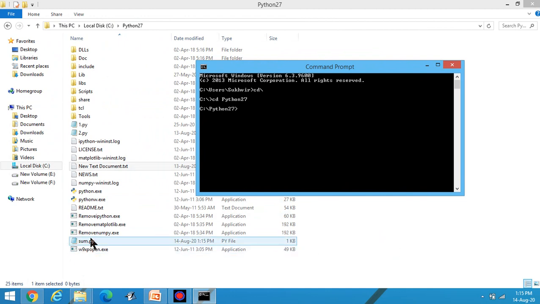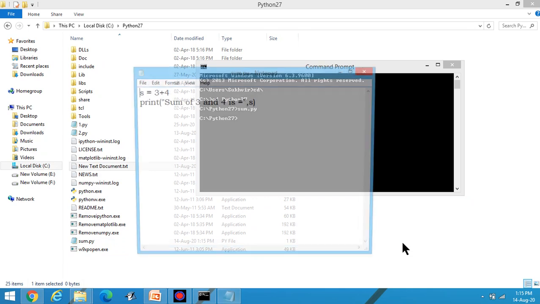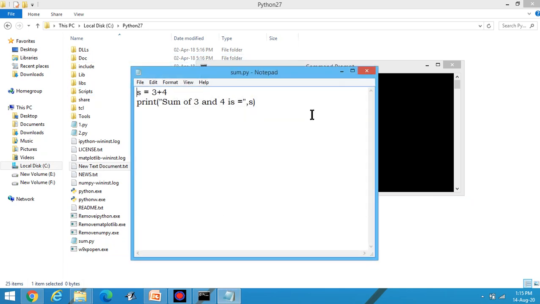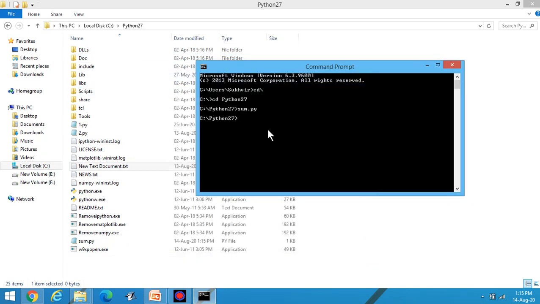Now what about this one, sum.py? You can check the program, sum.py. This one is the program. To run the program, you can write python sum.py. Now execute. Look at the output. Sum of 3 and 4 is 7. This one is the output.